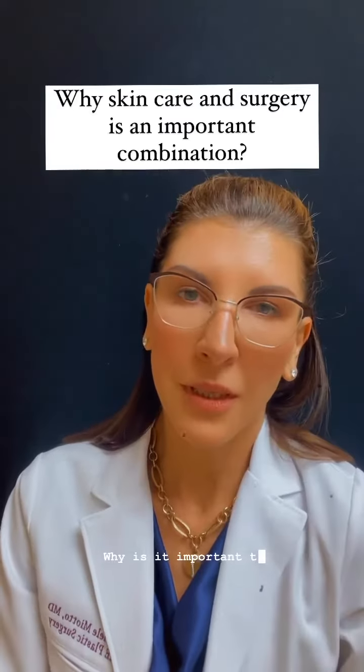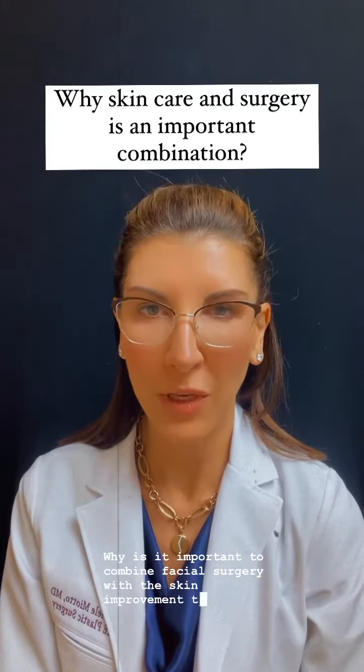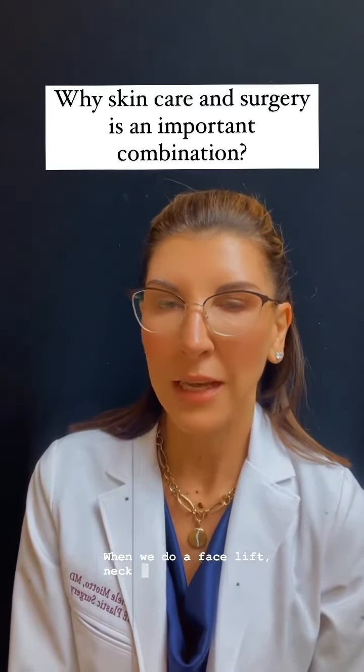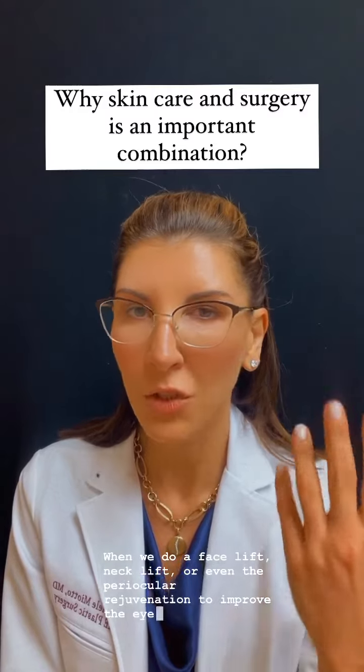Why is it important to combine facial surgery with skin improvement to have the best results? Because they treat different things. When we do a facelift, neck lift, or even the periocular rejuvenation to improve the eyelid shape or the brow